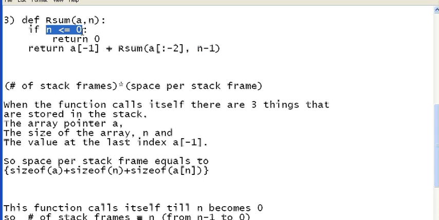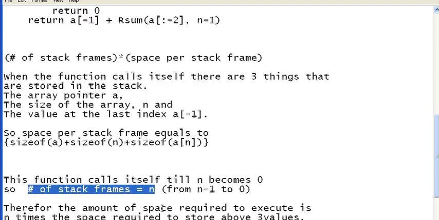Because when n becomes 0, it will not call itself again, it will just return 0. So this function will call itself from n minus 1 to 0, which is equal to a total of n times. So we got number of stack frames is equal to n,